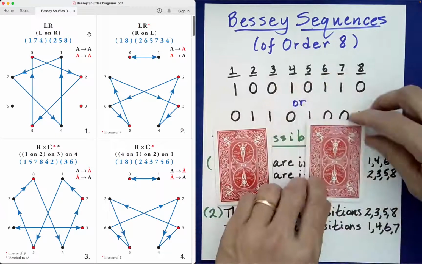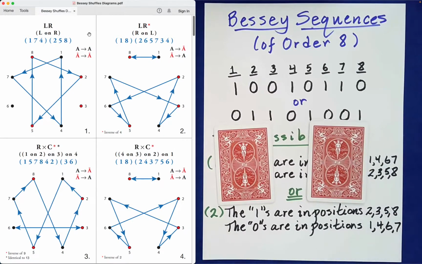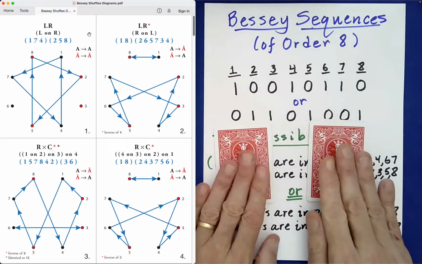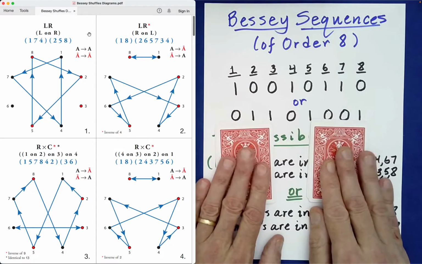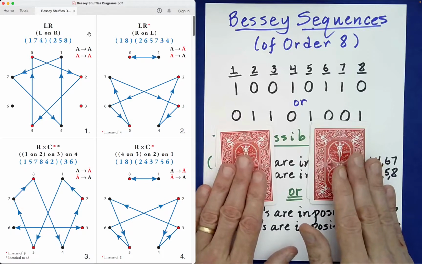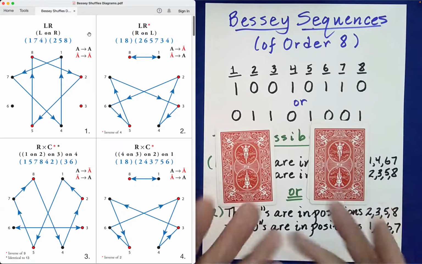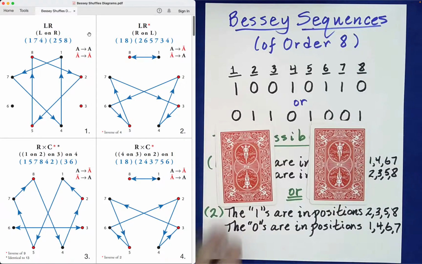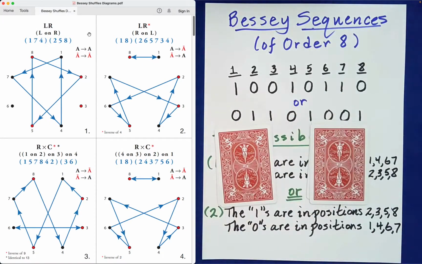Okay? And so I could have performed that left-right shuffle with left on right. I could have done one of those or 5,000 of those, whatever the spectator asked for. And then after doing all of that, I could separate these 8 cards into 2 piles, one consisting of the queens and one consisting of the kings. Moreover, I would know which is which. And isn't that amazing? So I could say, well, we did all that mixing. Let's say we did that shuffle 7 times, and that's what the spectator asked for. And then I did this, 1 0 0 1 0 1 1 0, to deal them down, to separate the